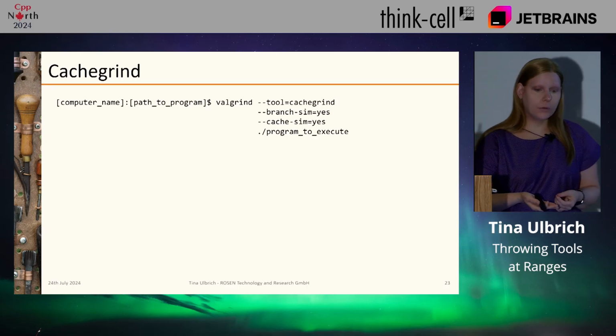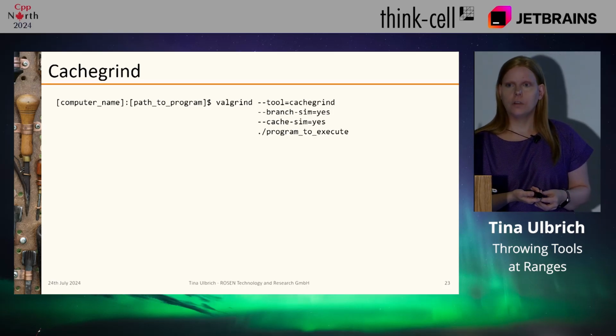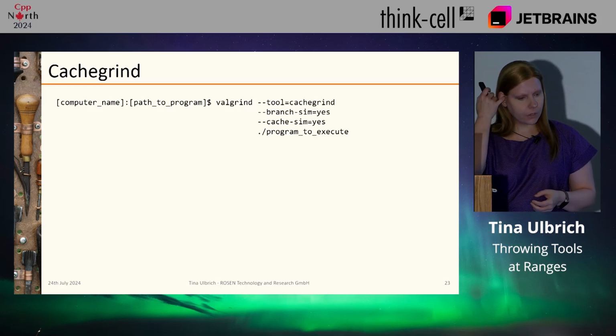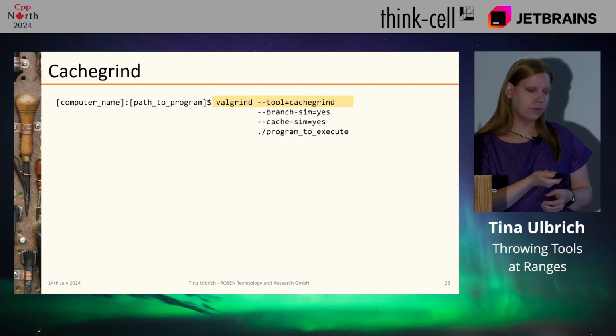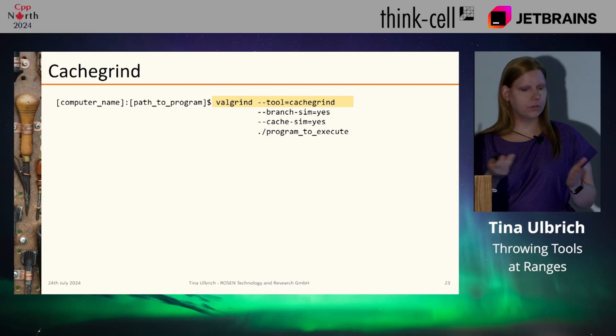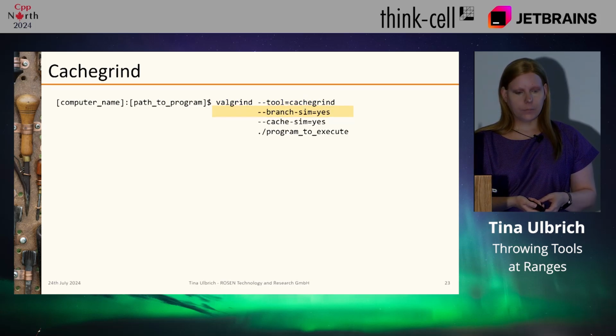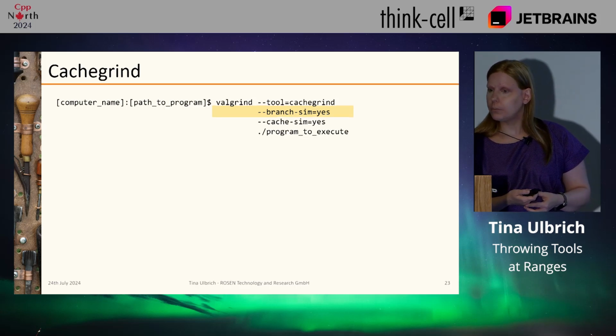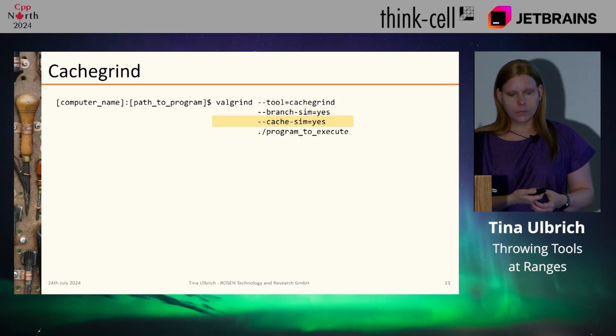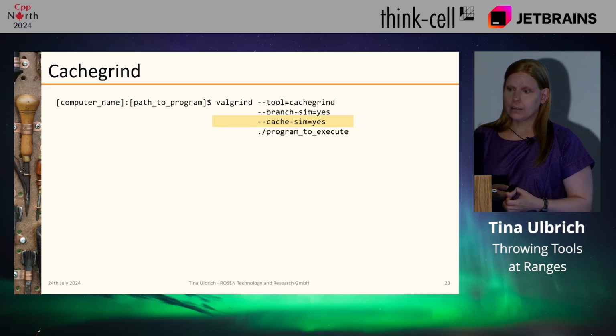So this is how you run Cachegrind for your program. There's a command line tool, of course, and you give it a bunch of different commands. The first one is it's part of the Valgrind tool set, but you want to execute Cachegrind. The second one is branch simulation, and it turns on the branch predictor. The next one is cache simulation, and here is